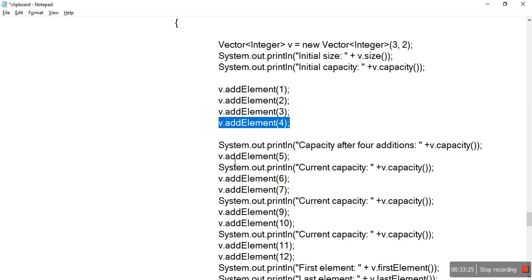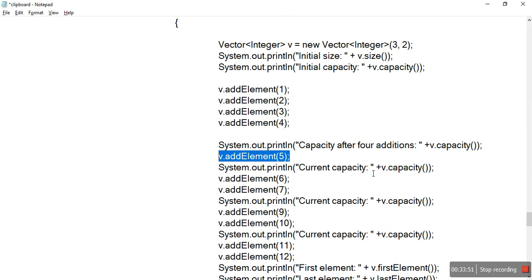If we add v.addElement(5), the capacity is 5 and we added one more element. The capacity is not incremented, because it was already incremented by 2 when we added the fourth element. So you can easily store 5, and no increment is required.